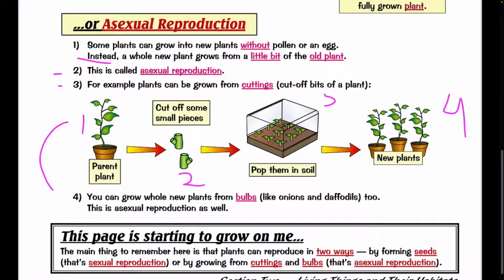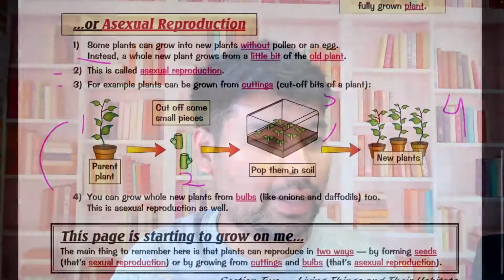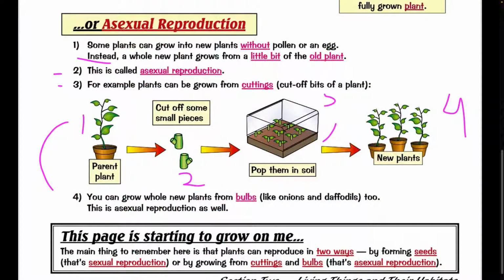And then next one, we're gonna pop them in soil. What does that mean, pop them? We're gonna put it into the soil, as we can see the example here, okay? So again, just to remember, pop them, you're gonna put it inside of a soil, okay? Remember that soil? É solo, right? So coming back. And then we're gonna have the final, which is a new plant.